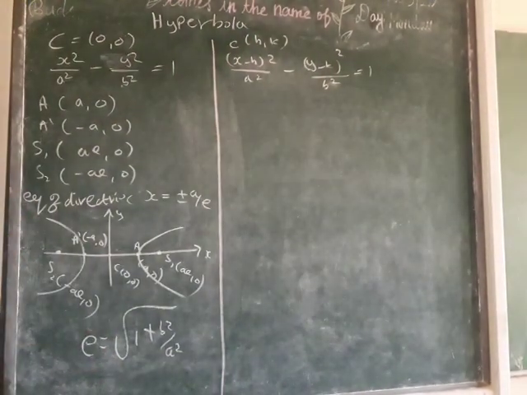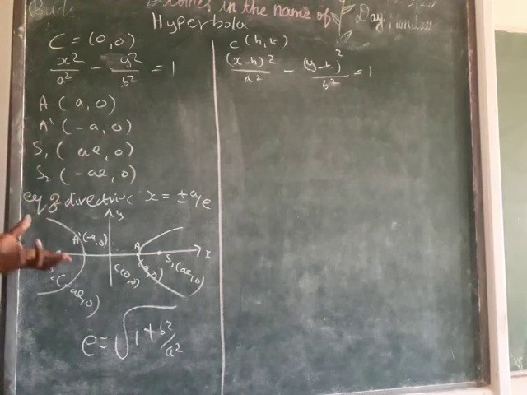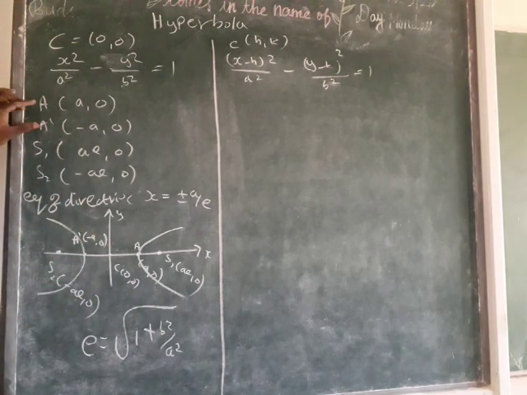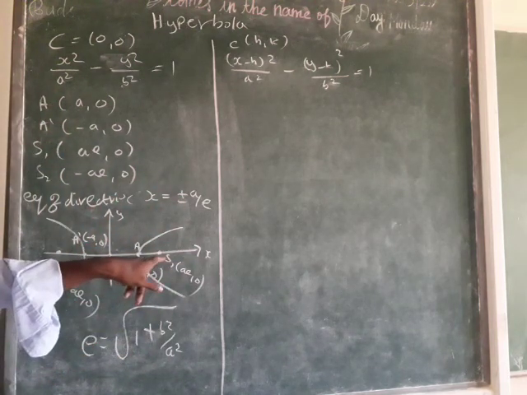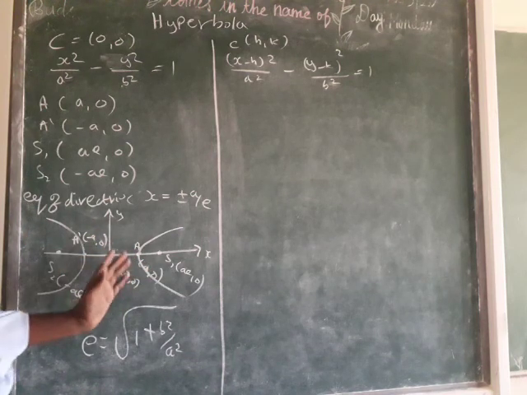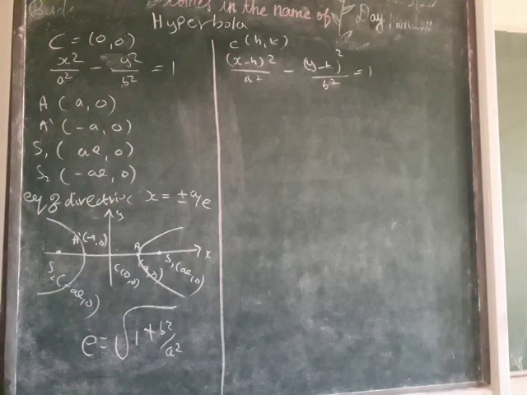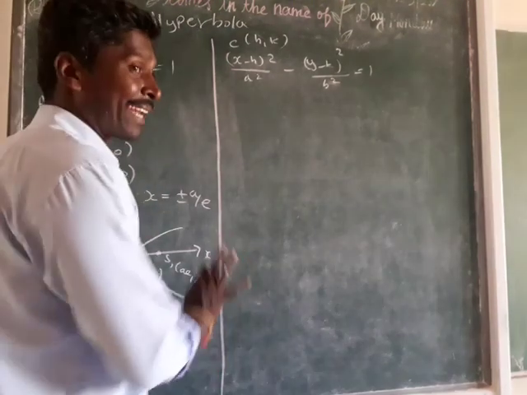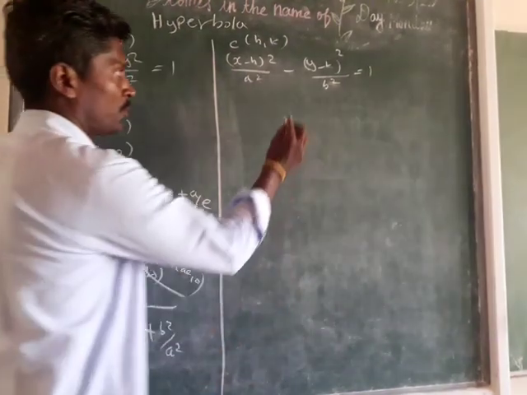Then what is the vertex? Let me take the diagram, then I will go through the parts. Actually, you start from the diagram. I already have experience with the ellipse. It is the same only, the diagram alone is different. In the ellipse, the foci S1, S2 lie between A and A dash. Here S1 comes after A, and S2 comes after A dash. Now from the diagram I will explain how to write A, A dash, S1 and S2.